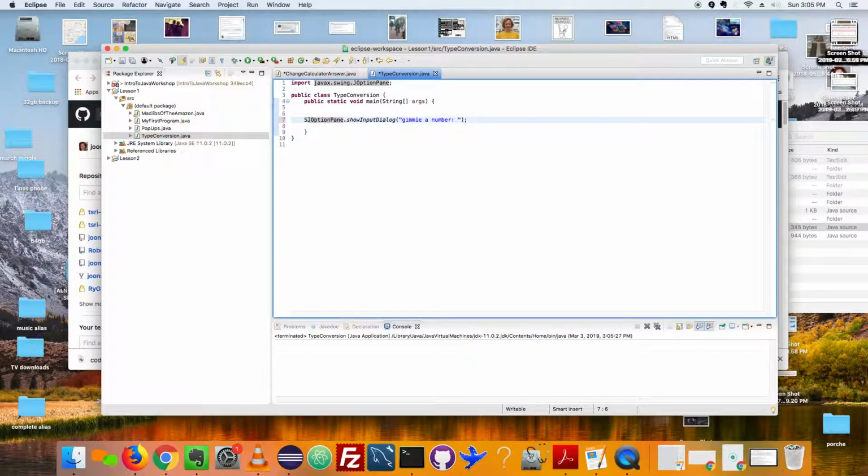We're going to have to store the input, and it's always got to be a string. And the reason for that is this show input dialog method always returns a string. You'll understand more about how that makes sense later. For now, you just have to trust me that you're only going to get a string back from this, and